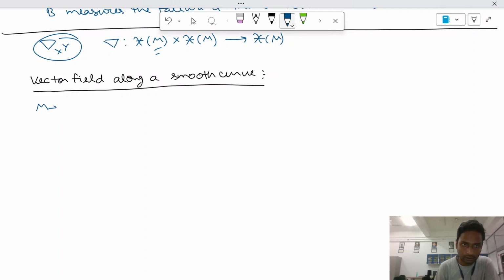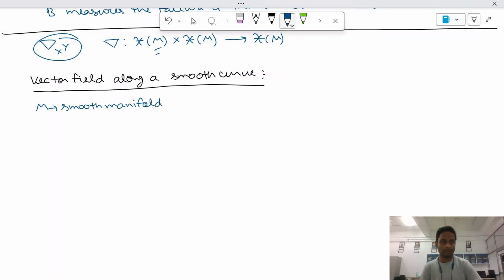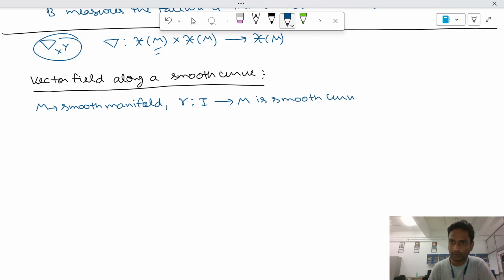So if M is your smooth manifold, and how do you define the curve? From some open interval to the manifold, that's your curve. Gamma is a smooth curve. This is your smooth curve. Then a vector field along gamma